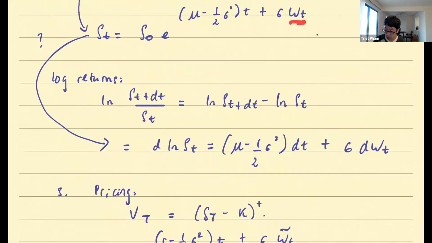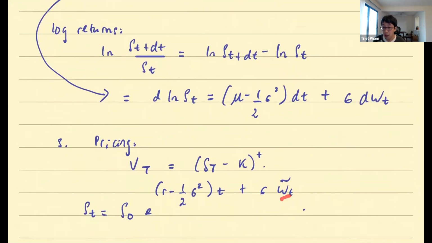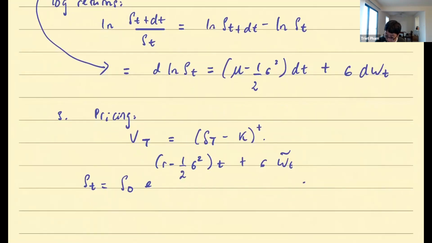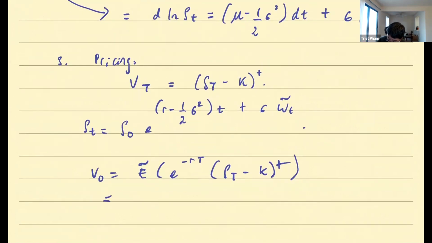W_t is a prime motion under the physical measure. W tilde_t is a prime motion under the risk neutral measure, okay? But anyway, in terms of expectation, as I said, it doesn't matter. Prime motions behave in the same way, probabilistically. So you do that and you plug that into here, right? And you do the pricing formula, which is this. Okay, and then you get your glorious Black-Scholes formula.